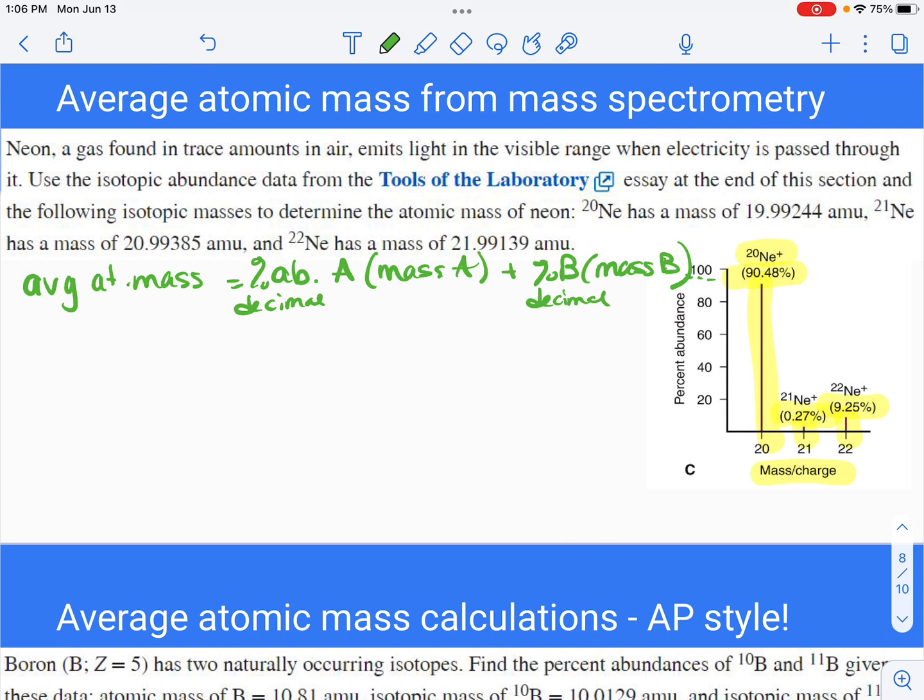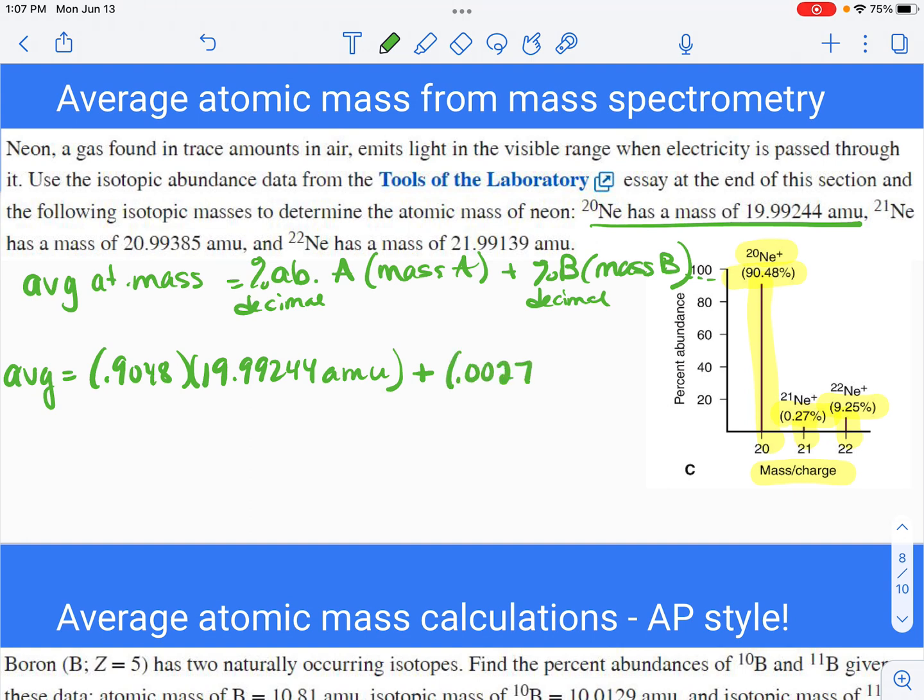So I'm going to set this up in this question because it asks you to use the data from the mass spectrometer. So the average mass of neon would be 90% or 0.9048 of neon 20, and they tell you in the question that neon 20 really isn't 20 AMUs. It's very close to that. So we're going to multiply that by 19.99244 AMUs, and then we're going to take the percent of 0.27% and make that 0.0027. This is for neon 21 times neon 21's mass of